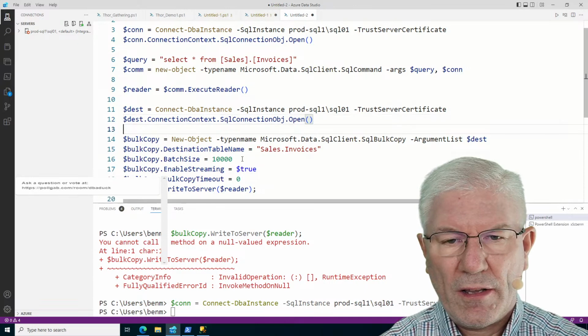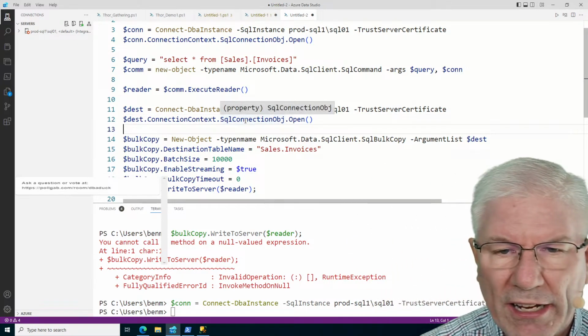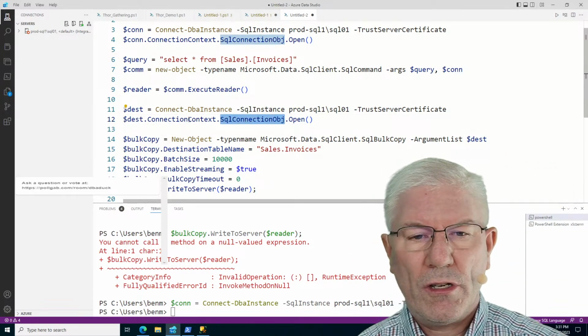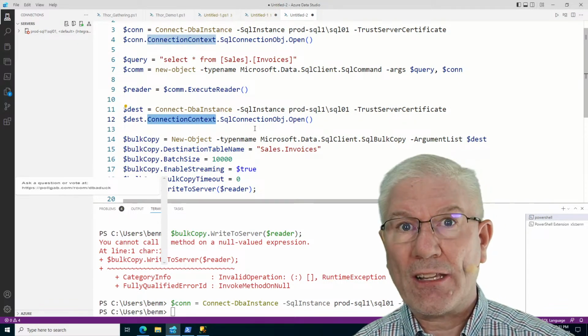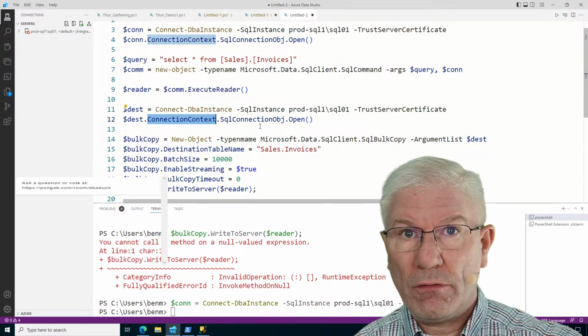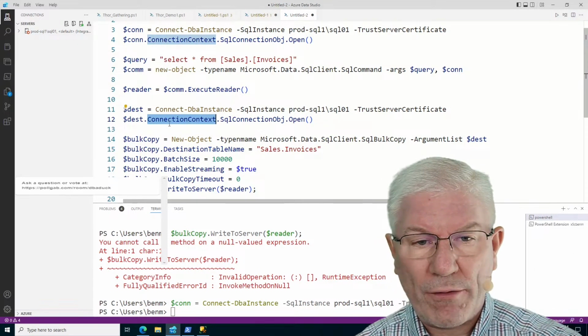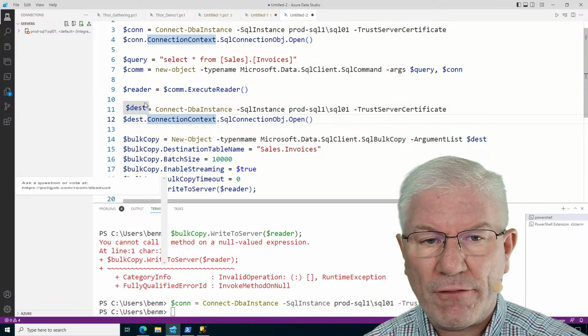dest.connectionObject.open. We found out that there is a SQL connection object here inside the connection object that gets me a SQL connection. And that's what we needed when we did to SQL. So we did ODBC to SQL, and this is what we found out. The connection from this